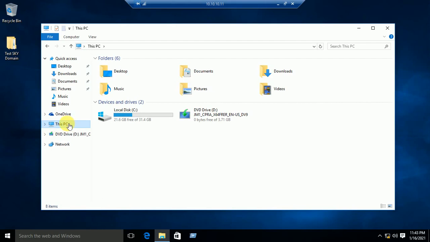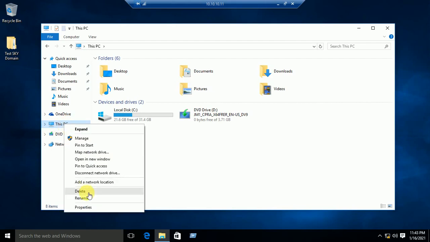So you need to right click on This PC. You can find This PC icon or My Computer icon on your desktop also, and just go to Properties.